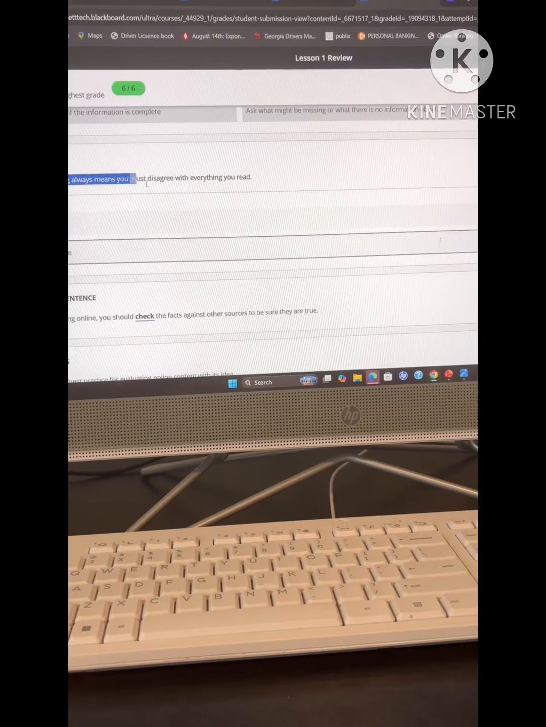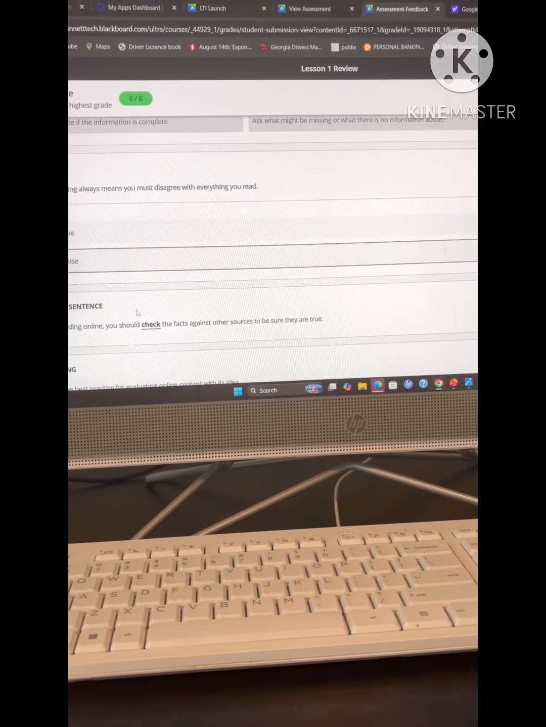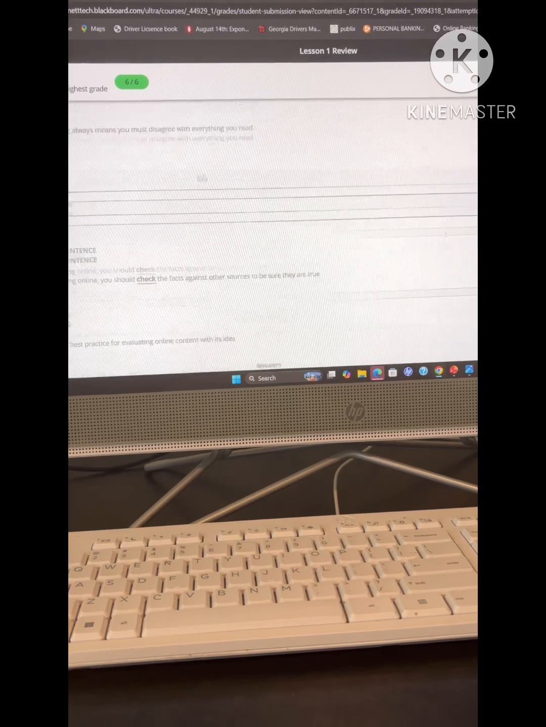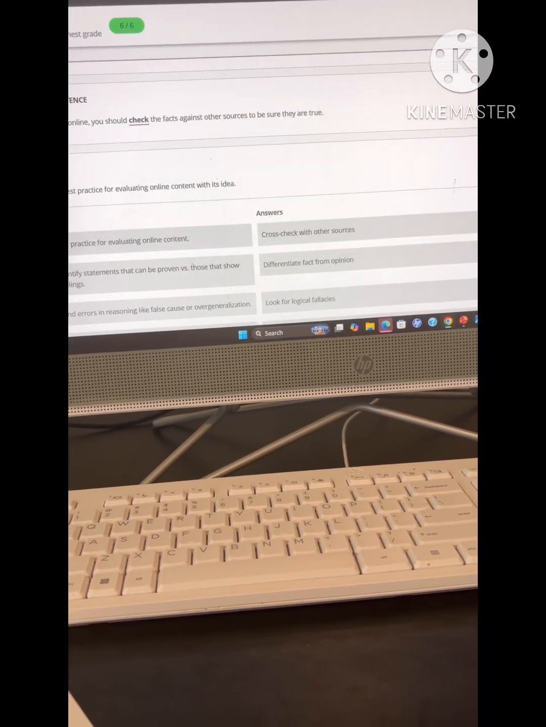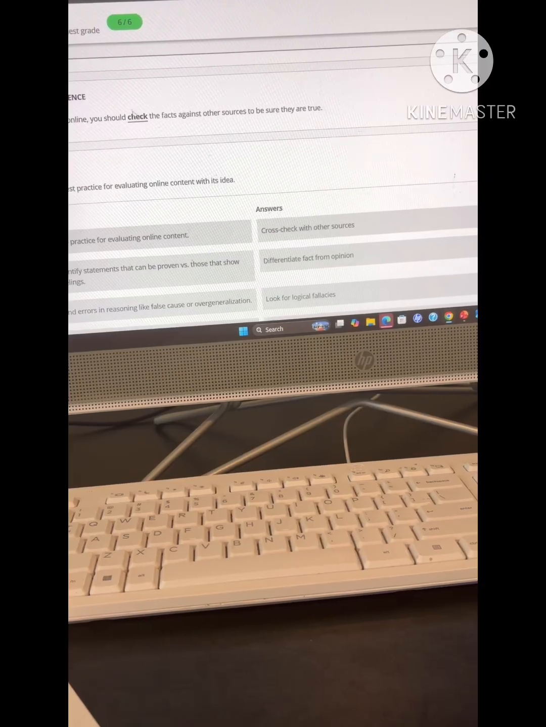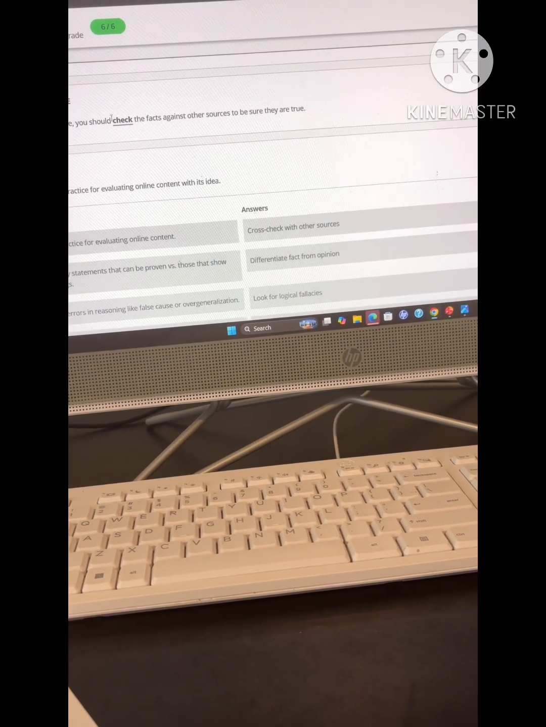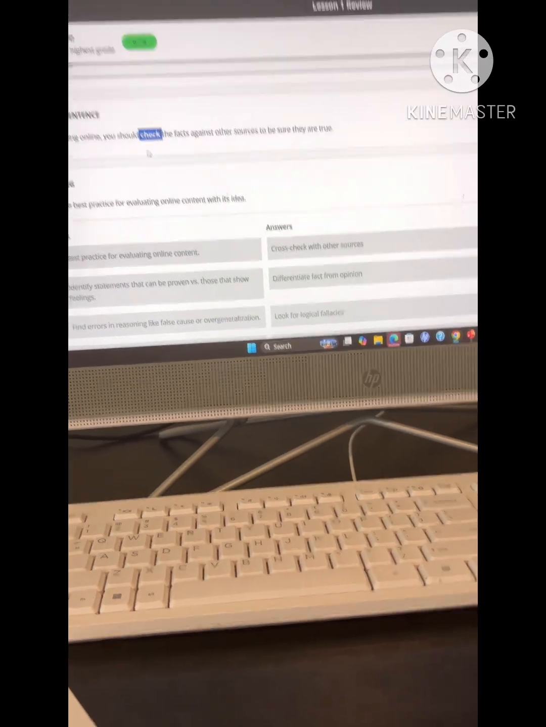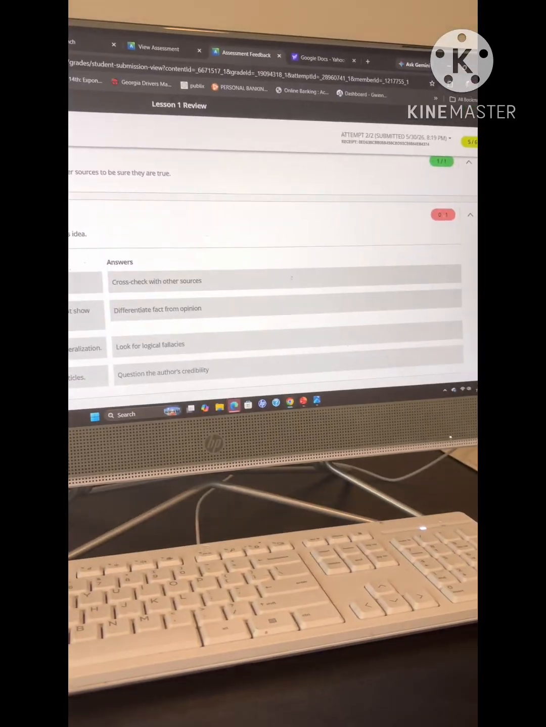Critical reading always means you must disagree with everything you read. That is not true. That is false. And then jumbled sentence. When reading online, you should check the facts against other sources to make sure that they are true. Always do that. This class has definitely taught me that. And then for the last one, I didn't do the best on, but